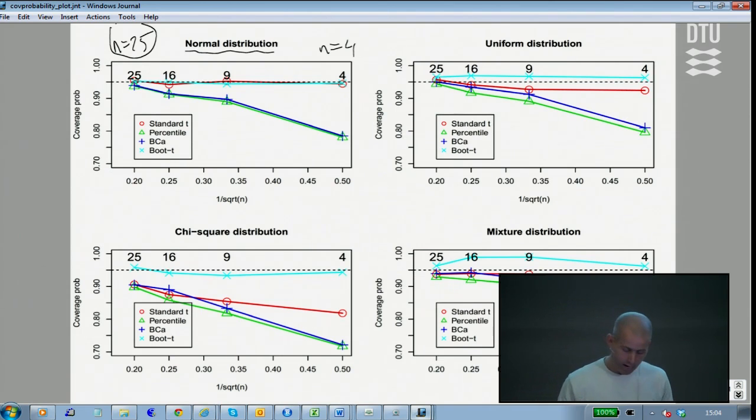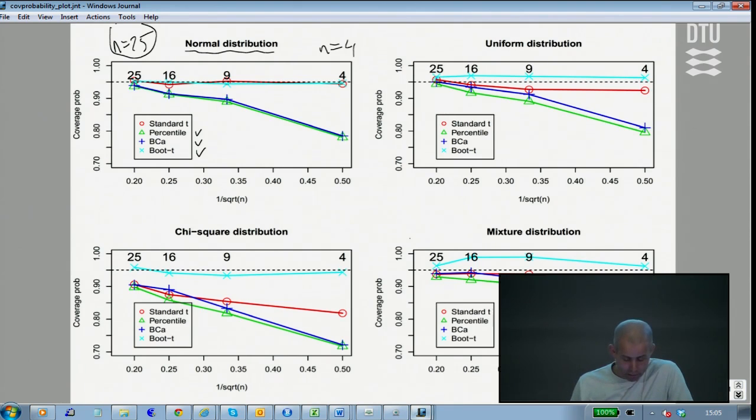I compute it by the standard t method, so t-statistic based, no simulation or anything, just a t-based confidence interval. And then I use the 3 different bootstrap methods that I have talked about: the percentile one, the standard one in our course, and then the 2 extra ones, the BCA, bias-corrected and accelerated, and the boot t.